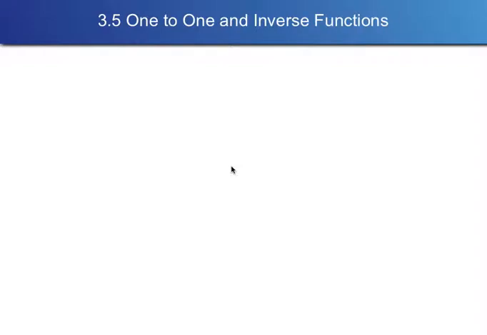and inverse functions. This is in section 3.5 of your algebra textbook. We're going to start by talking about one-to-one. Remember, when we were talking about a one-to-one function, it means that